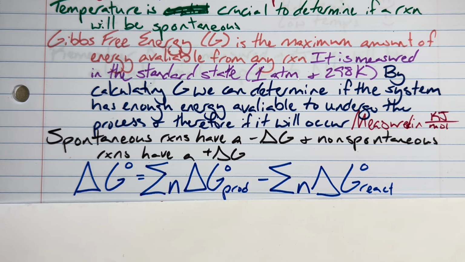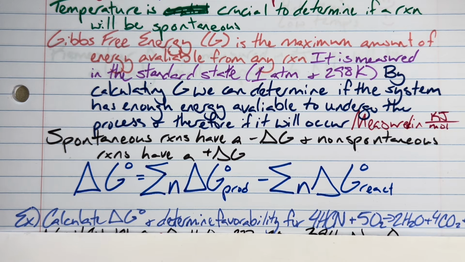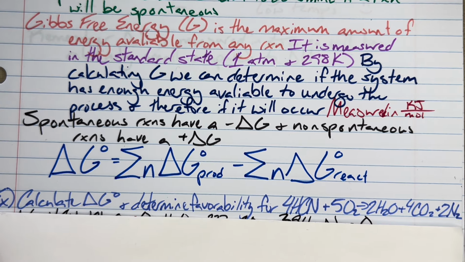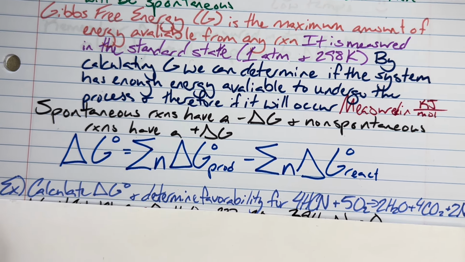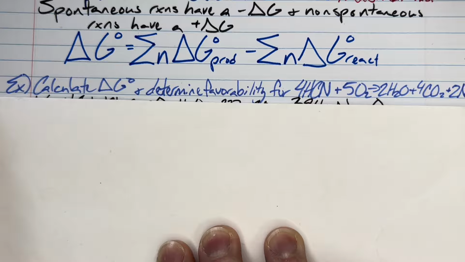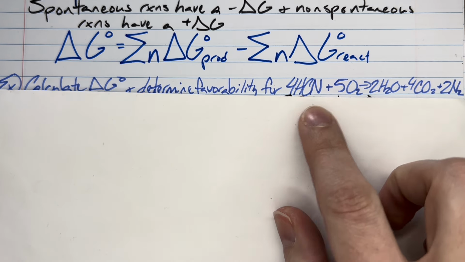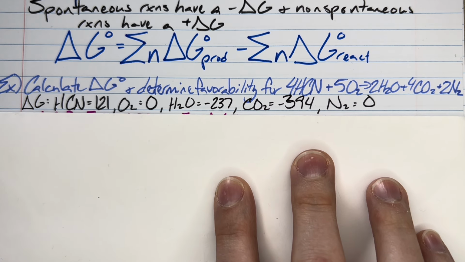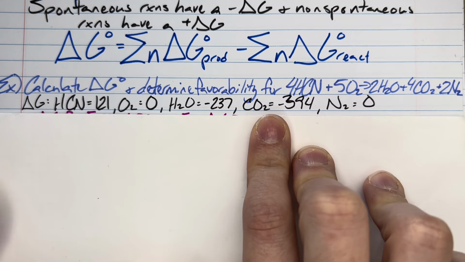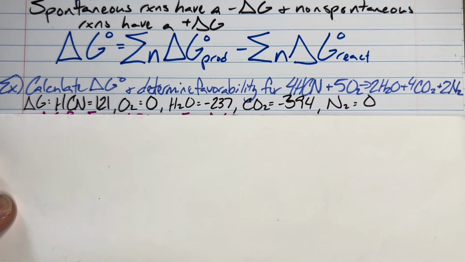So delta G naught is equal to the sum of the number of moles times the delta G of the products minus the sum of the number of moles times the delta G of the reactants. And then we're going to do an example problem here. So we are asked to calculate delta G naught and determine the overall favorability of a reaction here. And then we are provided the delta G values for all of the reactants and products that are within the